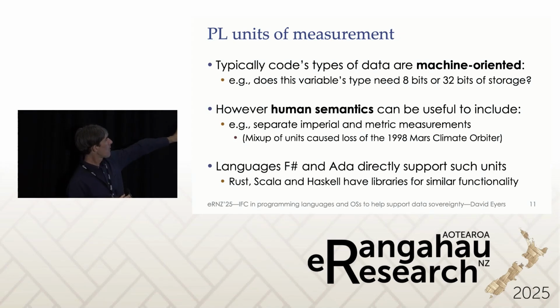Indeed, languages like F# and Ada actually do support this idea of having units of measurement. So they will refuse to build software that would mix an imperial unit being multiplied with a metric unit if you don't actually say, I realize I'm doing this. It's actually a type conversion. Other languages which are less niche than F# and Ada, Rust, Scala, and Haskell have libraries that can extend the languages to do this kind of stuff, but we're still talking really obscure languages here, which is the problem.